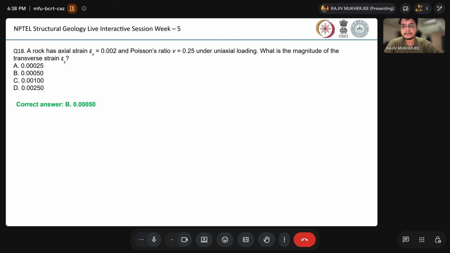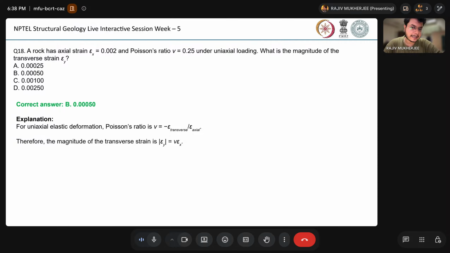0.05% of strain. So if we give the explanation, for uniaxial elastic deformation, Poisson's ratio nu is defined by the negative of transverse by axial strain, right? And if you just have to take the magnitude, we eliminate the negative sign. So if we simply multiply the Poisson's ratio with the axial strain, we get the transverse strain, right? And thus the transverse strain is 0.25 times 0.0002, which gives us